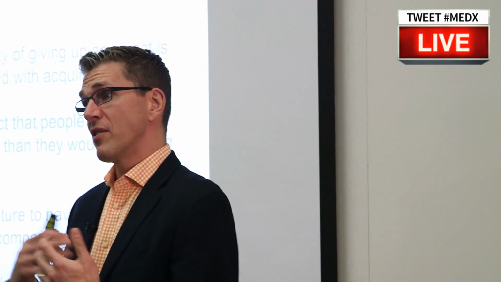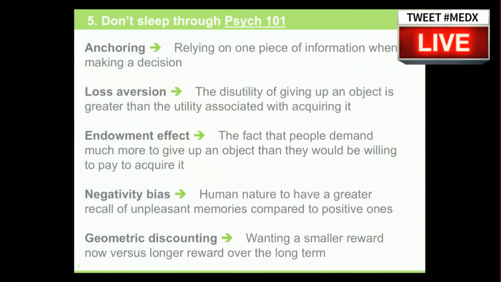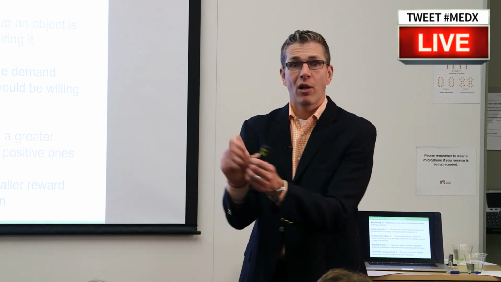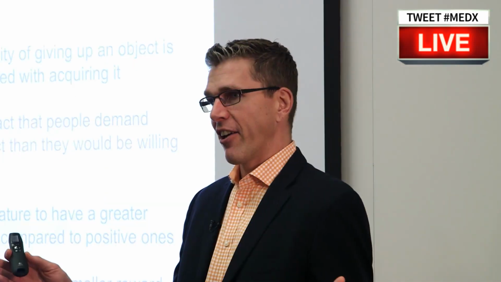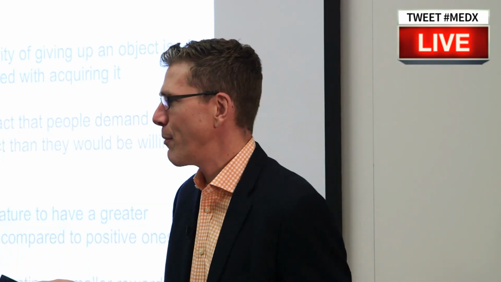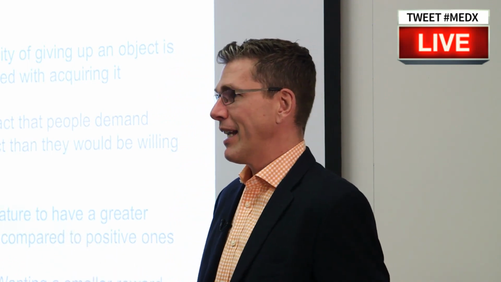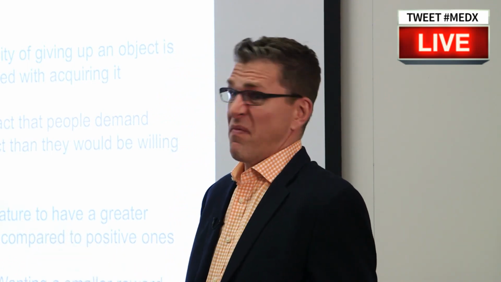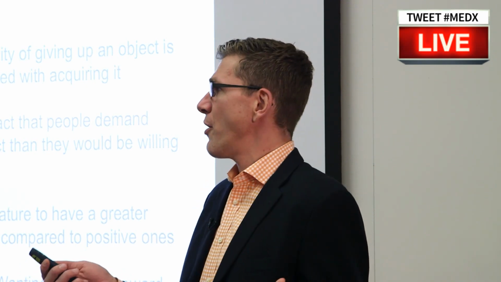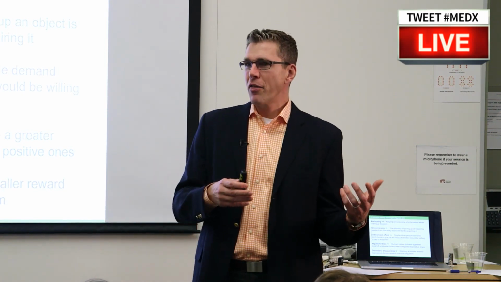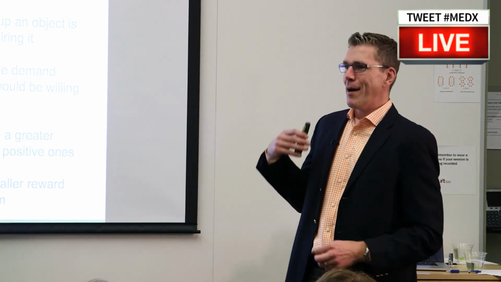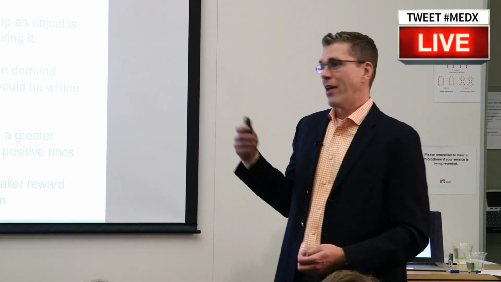Geometric discounting is one we use a lot because we manage these incentive programs for employee wellness. Think about giving someone $20 on the spot to do something. Hey, we're giving out $20 bills, versus you're going to see $4 per paycheck for the next year. First of all, people don't even see their paychecks anymore. That could cost the company, let's say every other week, 26 paychecks, just over $100. You could actually get much more bang for the buck for $20 than for $100. So think about some of these Psych 101 biases when you're thinking about healthcare decisions.